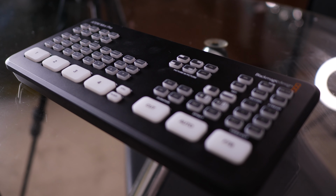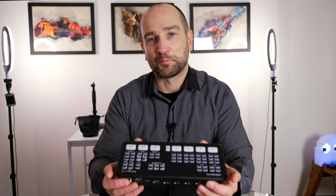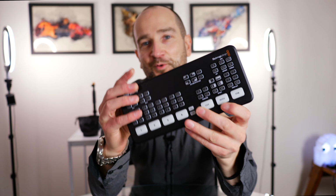Now, given this is 1080p only, I'm not going to have that option for 4K, but there's nothing to stop me from recording my cameras at the same time as well as this, just in case I need to crop in or do something different. But overall, this is definitely going to save a whole lot of time for me